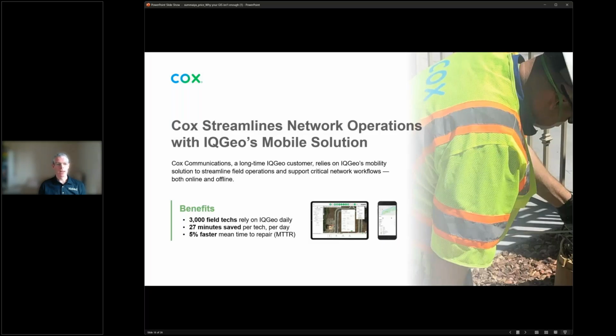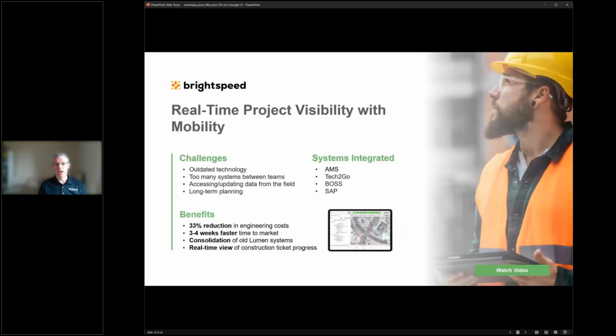A slightly different perspective is Brightspeed. These guys are rolling out a large scale fiber deployment in North America. They were challenged with a lot of older systems that they inherited. Different teams had different solutions.